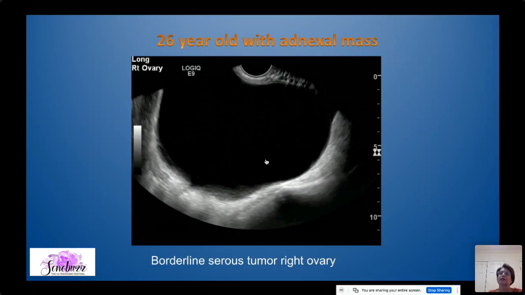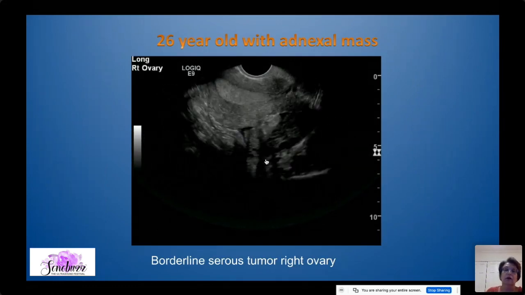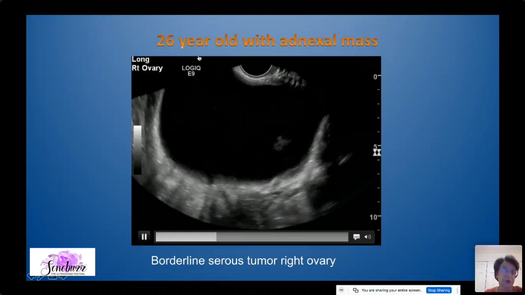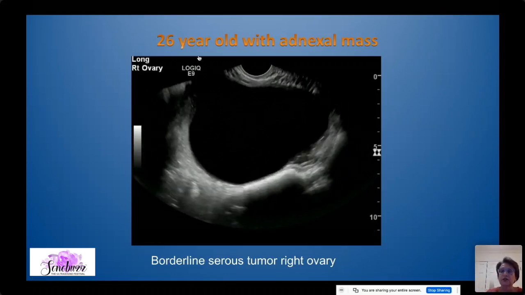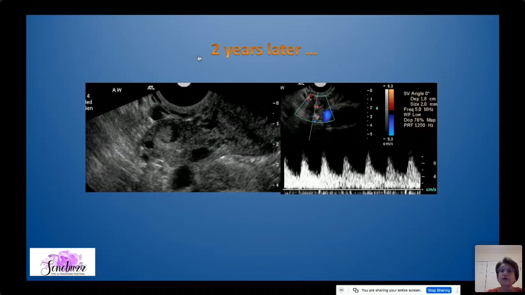So these are tumors of low malignant potential. And it's important to recognize, because in this patient, because she was young, to attempt to preserve fertility, they just did a right oophorectomy at the time. And then she came 2 years later, and now we're looking at her left ovary, and she has a very small